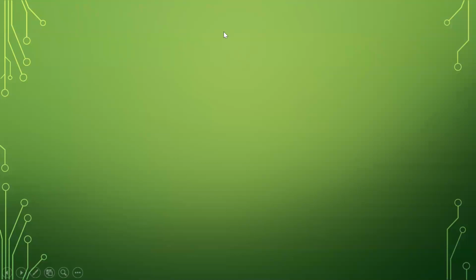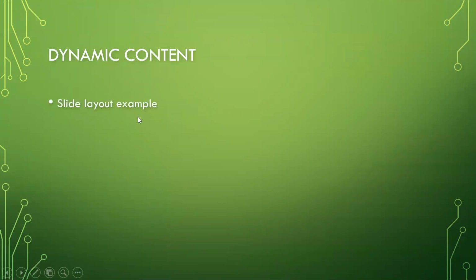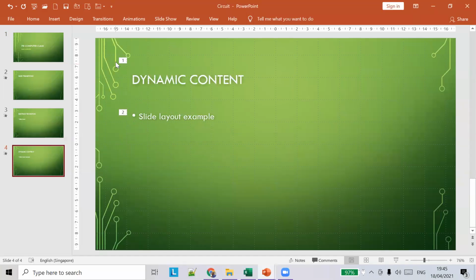It is waiting for the mouse click for the element to fly from bottom to top. You can see the dynamic content flying from bottom to top. If I click again, the slide layout element appears. So we have added two animation effects, one from bottom to top and another on mouse click.